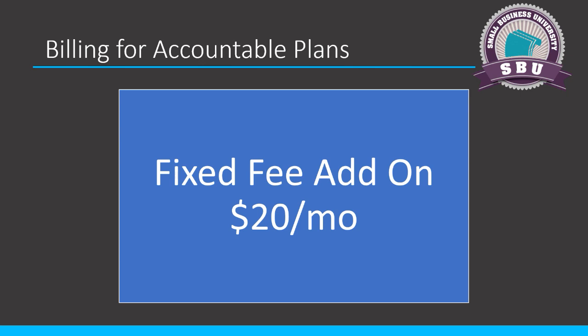So if a client comes to you and isn't willing to pay the add-on for the accountable plan and says, well, can't we just, here are my automobile expenses, just put them in my books. Don't do it. Say, I can't do it because you're not doing it right. I know you're not doing it right. And this is one of those moments where you have to stand up to your client and say, you're going to have to do this correctly or this whole thing crumbles.